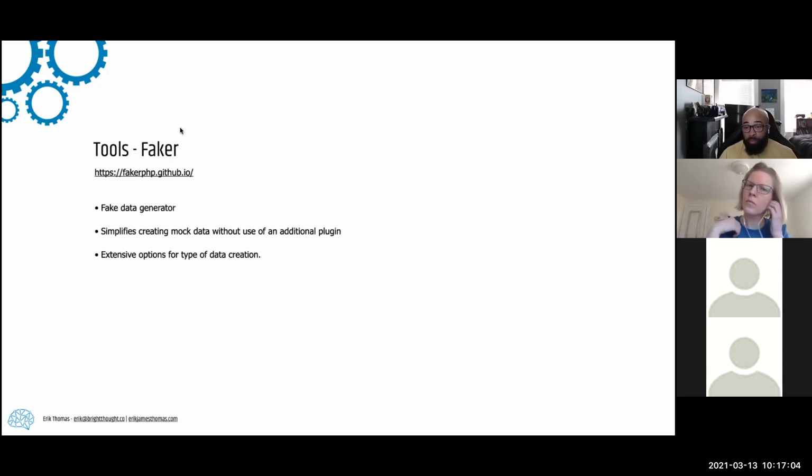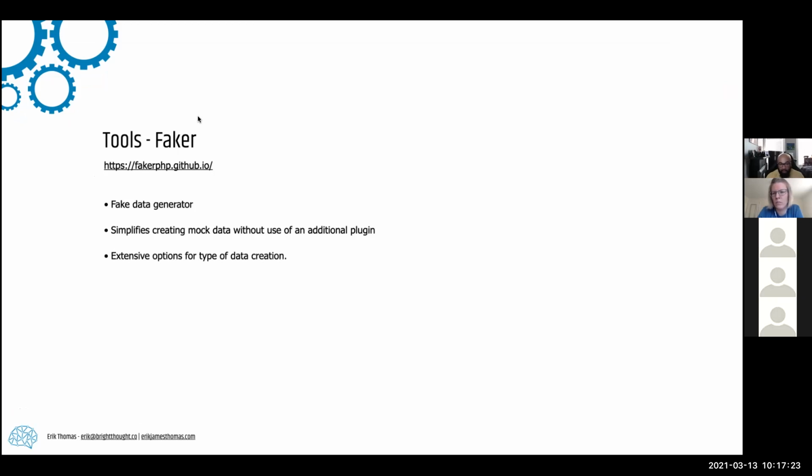It'll generate paragraphs, it'll generate phone numbers, addresses, a number of different types of information this thing will create for you. And then it'll just be inserted into your post with the seeder. It's very easy to use. It's another thing that can be installed via Composer. And I really appreciate this whenever I need to just test layouts and I don't feel like making my own posts. So these are the tools that I'm using in here.